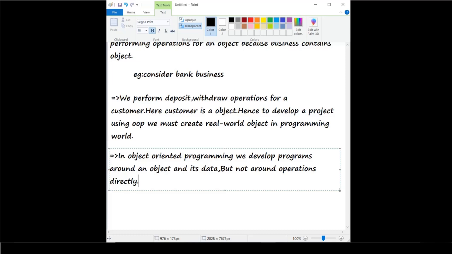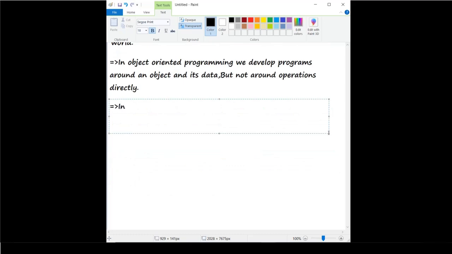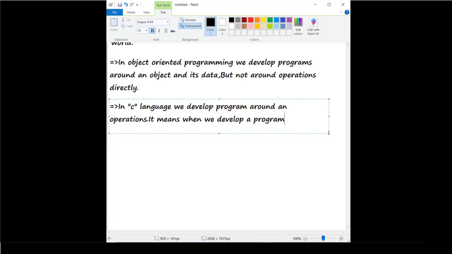First I will make a note about this. In C language we develop program around operations. It means when we develop a program